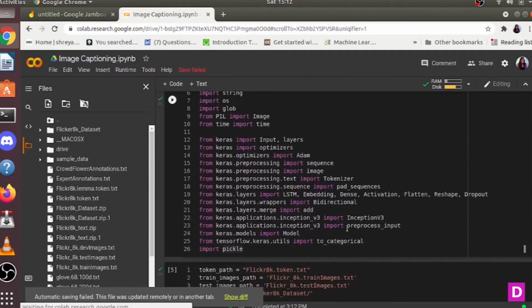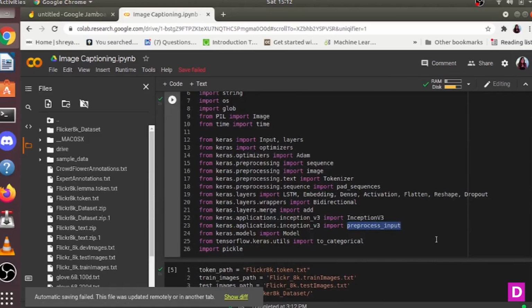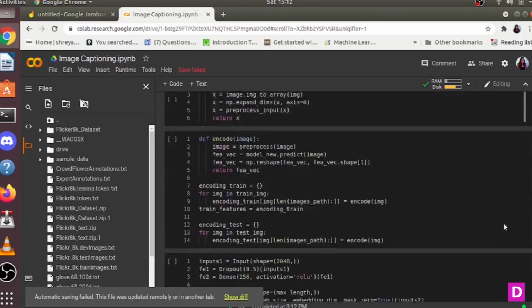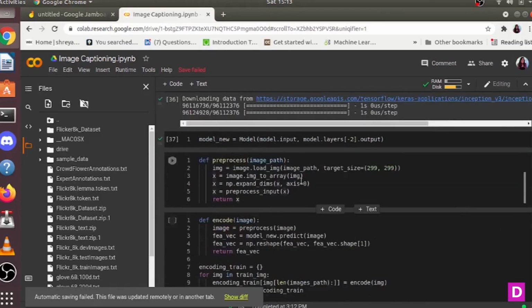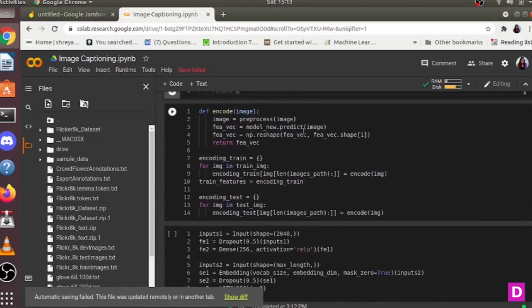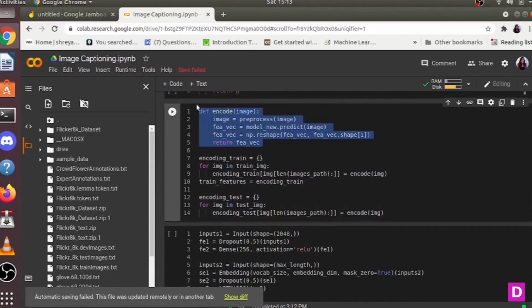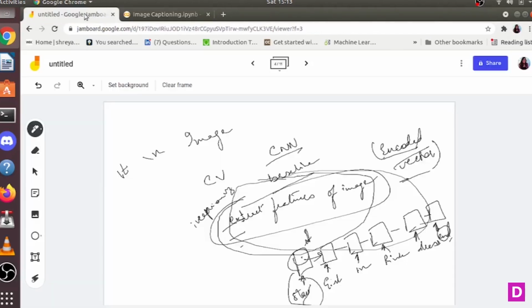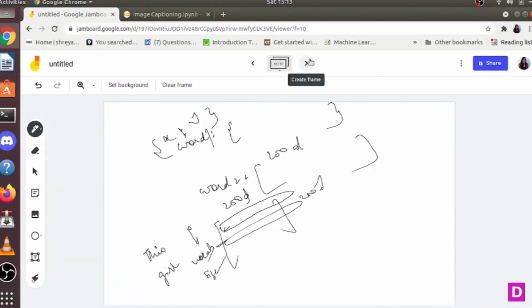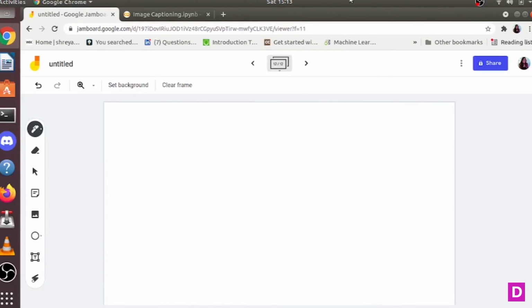Here, pre-process input. Keras itself, for each model, provides a pre-processing function. This function basically defines all the pre-processing that you will be needing, and this pre-process now finally gives me the output. Here, I am going to encode it. In encoding, I am going to make an array,